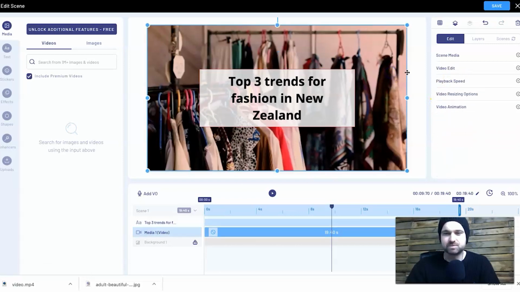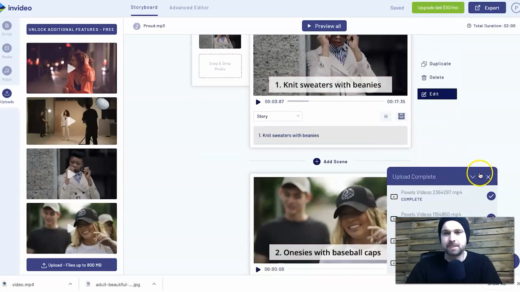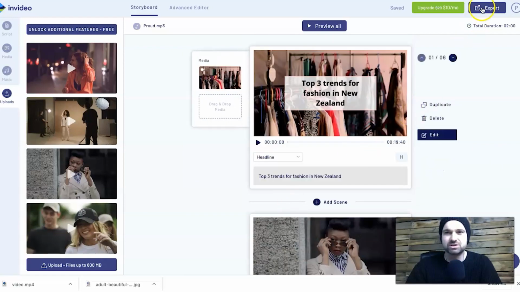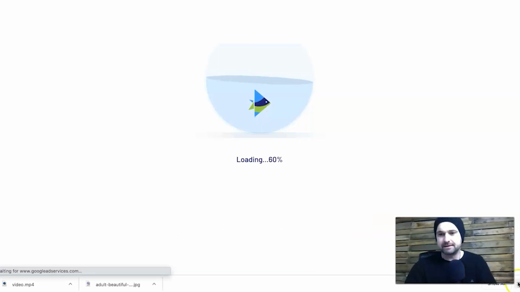Yeah, something like that. So it looks pretty good, and I'm happy. And then once you're done with it, you just click save, and then you can go through each slide. And then once you're finished, if you're all happy and ready to go, you just click export. You can also add music. I forgot to show you that, but